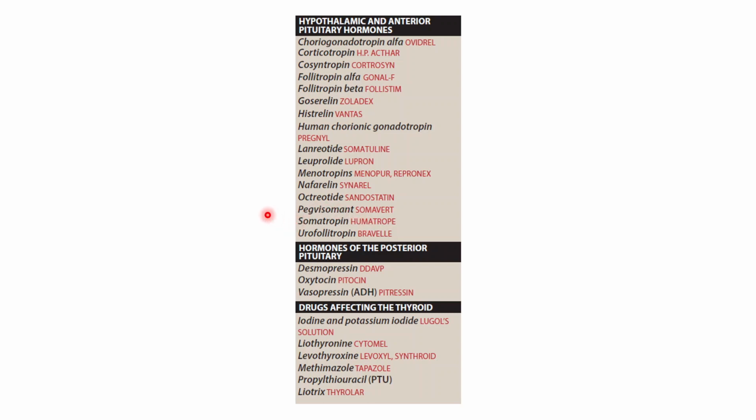And of the hormones of the posterior pituitary, the most valuable is oxytocin, that is used for delivery stimulation in pregnant women,